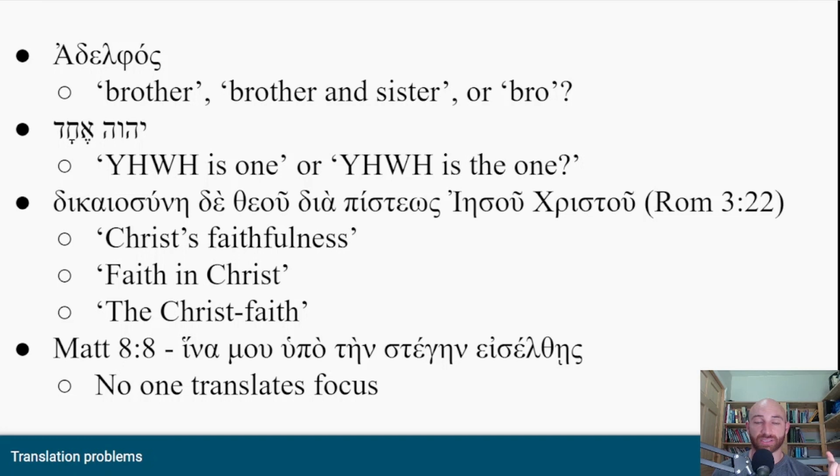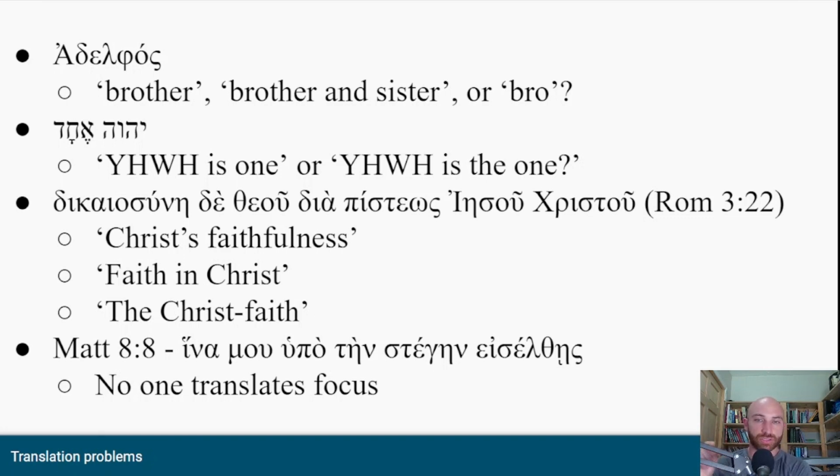But the question is not whether the form matches, but whether the meaning matches. So the question is, how is Echad, the word one, used in Hebrew? And how is Ha-Echad, the one, used in Hebrew? And how does that match up with one in English and the one in English? My contention is that "Adonai is the one" is a better match for Adonai Echad. Again, I have a lot of reasons for this that I can't go into. My only point is, are you being